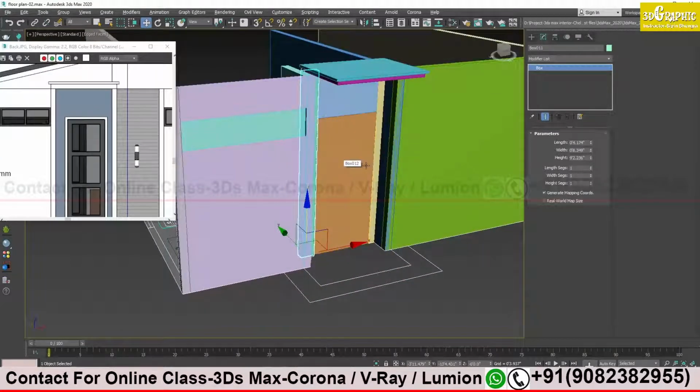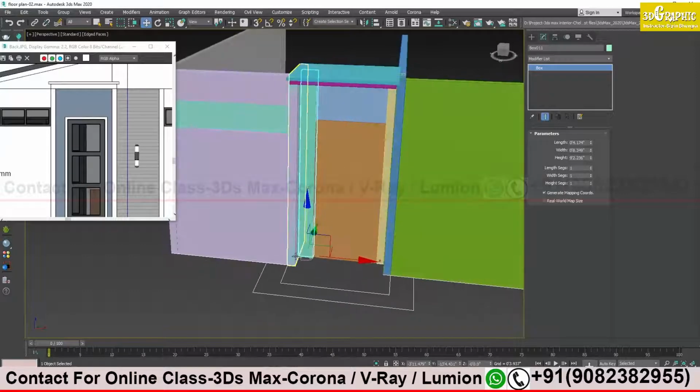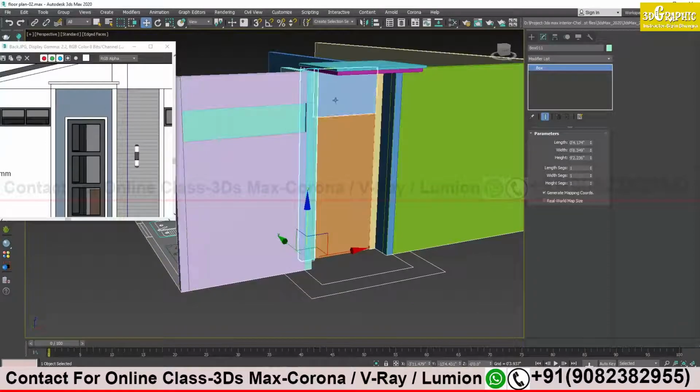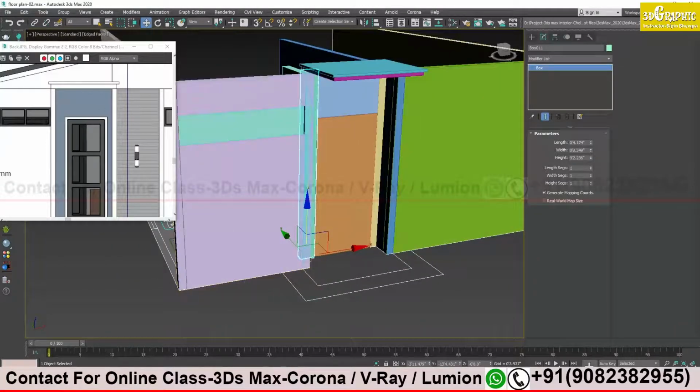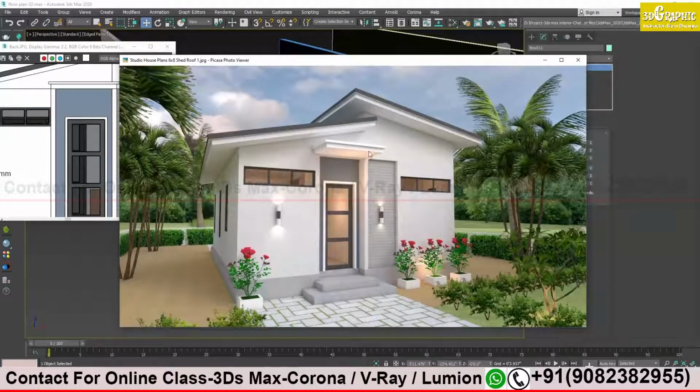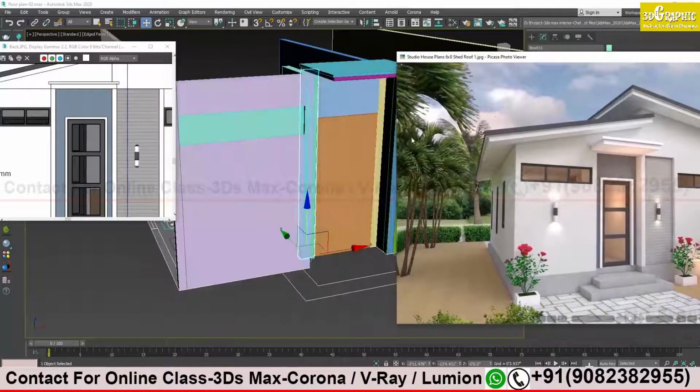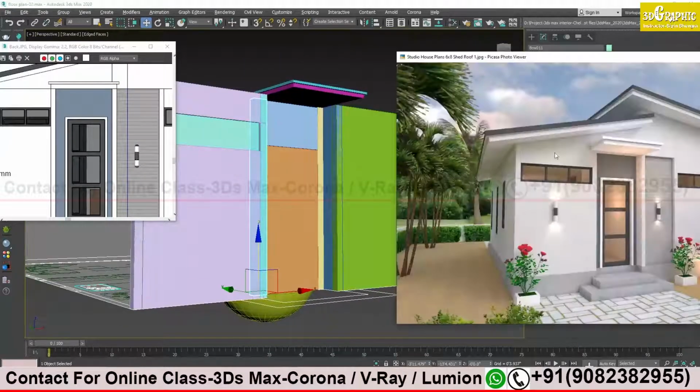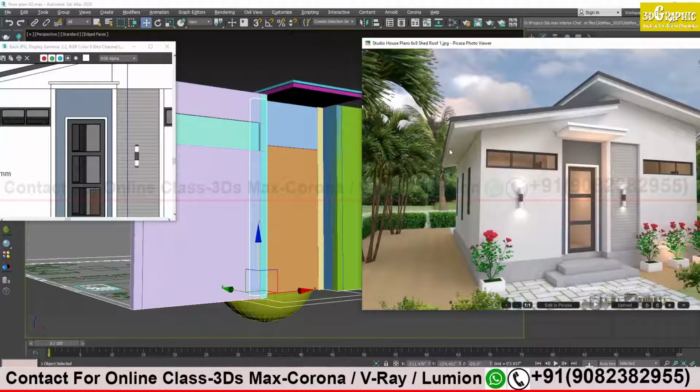It's very simple. Only remember the area where you have to create the box, as per your reference image. If you are not getting an idea, see the 3D view. See, it is looking similar to my 3D, not exactly the same, but similar, no? Almost I reached there. See, the only thing needed is this inner area.